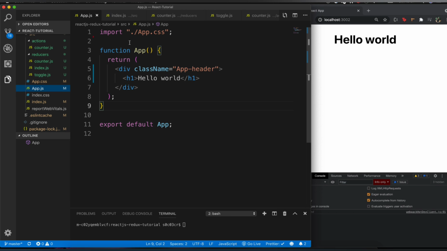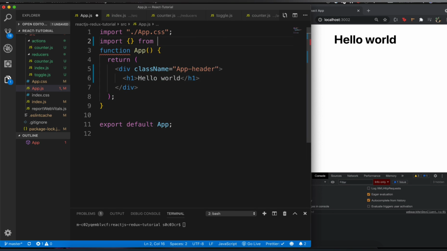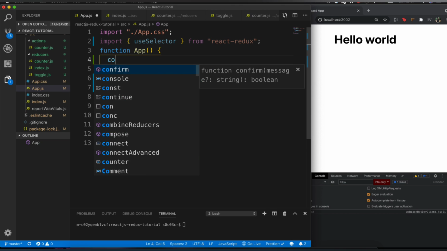For that, I'll have to actually import something from React Redux, which is gonna help us select what state we want to get. Since there can be multiple states, there can be counter, toggle, and many other reducers, we need to be able to choose between these reducers, right? We need to be able to choose between the state. So for that, let me actually first say import from React Redux, right? Again, this is connecting the two, so this is going to be a part of React Redux. And what we want to import is something called useSelector. useSelector is basically just like a function that's going to help us select what state we want to use inside of app.js, right? So we have useSelector, and all I have to do is say const counter.